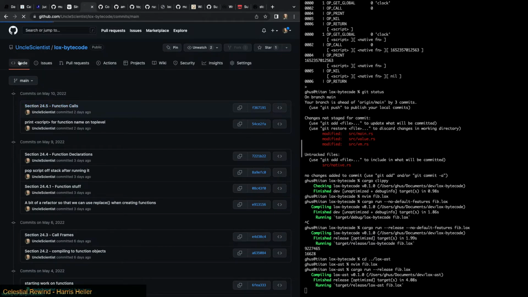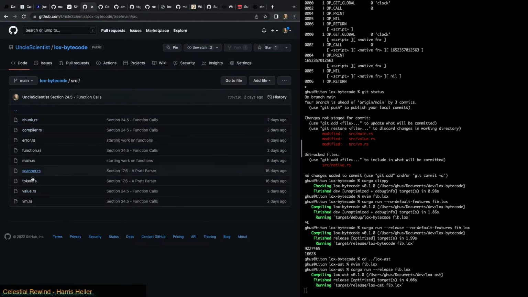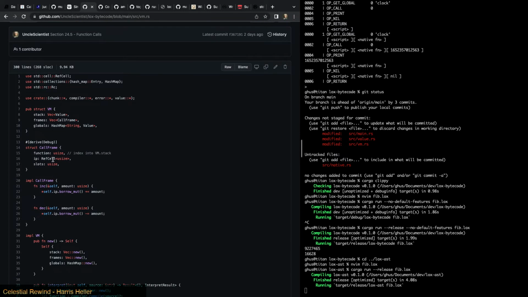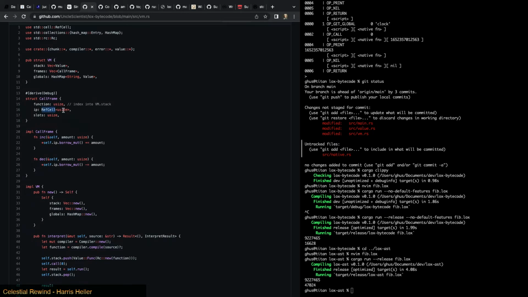Let's take a look at the code here. While this thing is running over here, if we look at our VM, every time we access the IP, it's going through a ref cell. So we have to call borrow each time. Now I think the borrow goes away, if I'm not mistaken. Once we compile it, we only use the ref cell for compilation for borrow checking. But I don't think there's an extra.